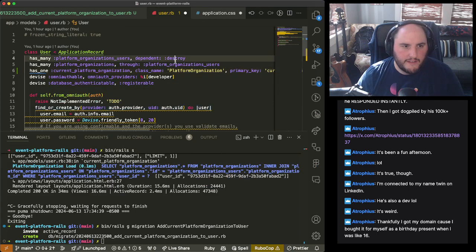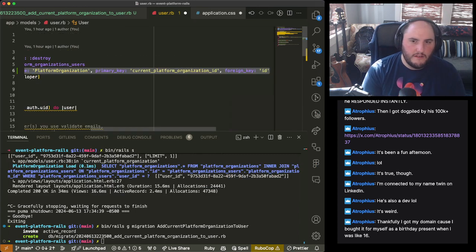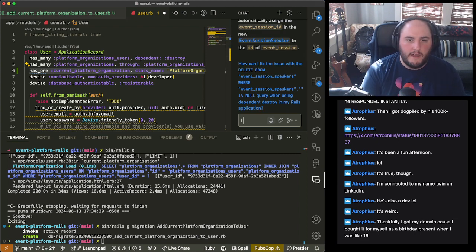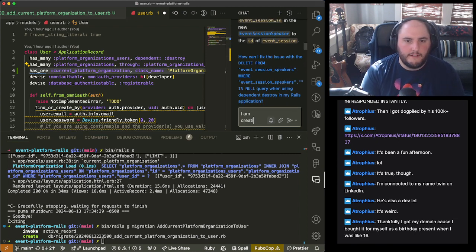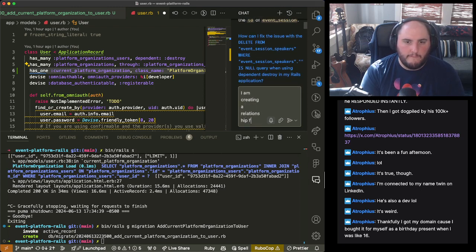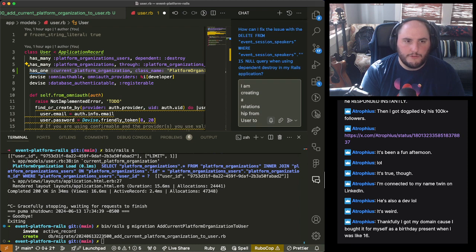Let's talk to Copilot again this week. Let's have chat. I am creating a relationship from user to platform organization on a single value, but there is already a many-to-many relationship for user to platform organizations.